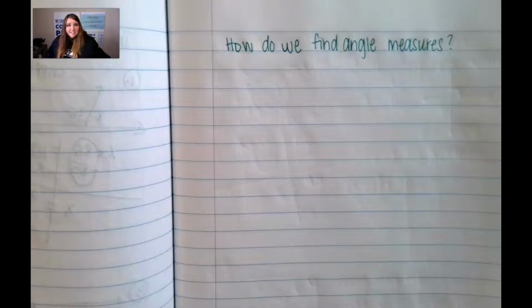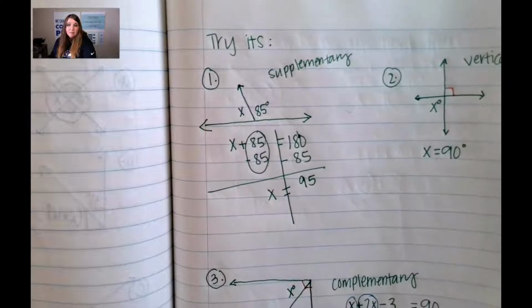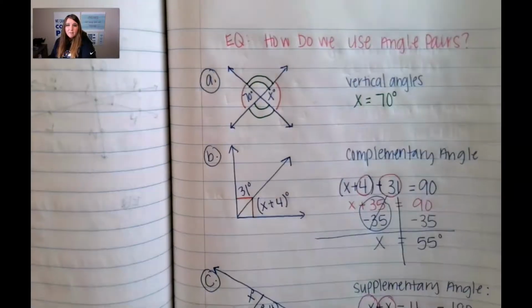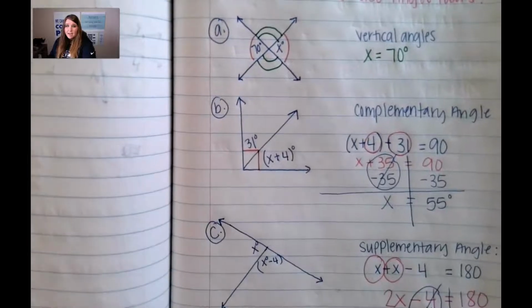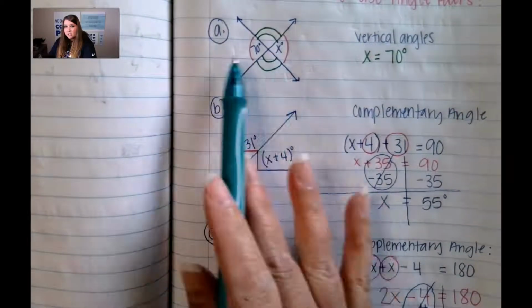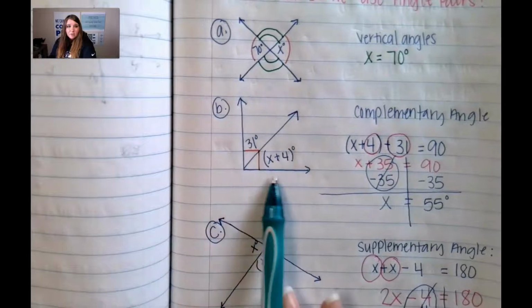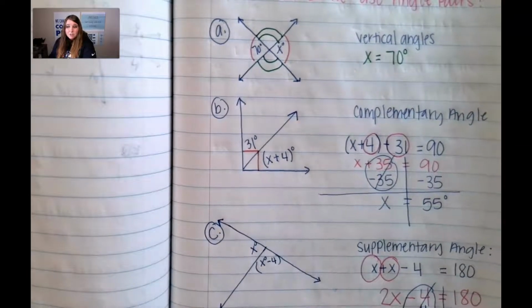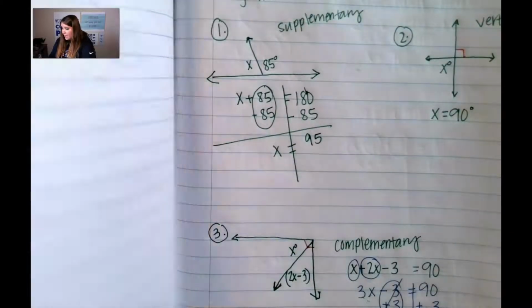Everyone. So over the last couple of lessons, we have been looking at angle measures, and we've talked about all the different types of angles that we have. We have vertical angles, and those angles we know are just straight across, being equal. Complementary, equaling 90. Supplementary, because of a straight line, they equal 180. And then we also have